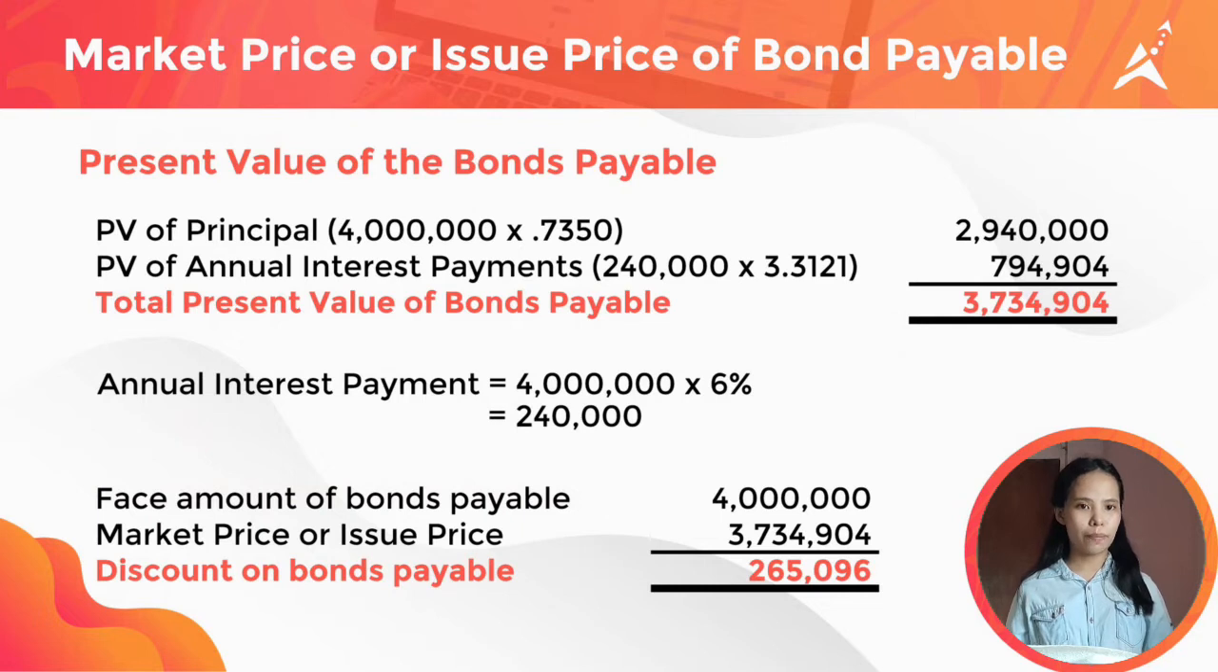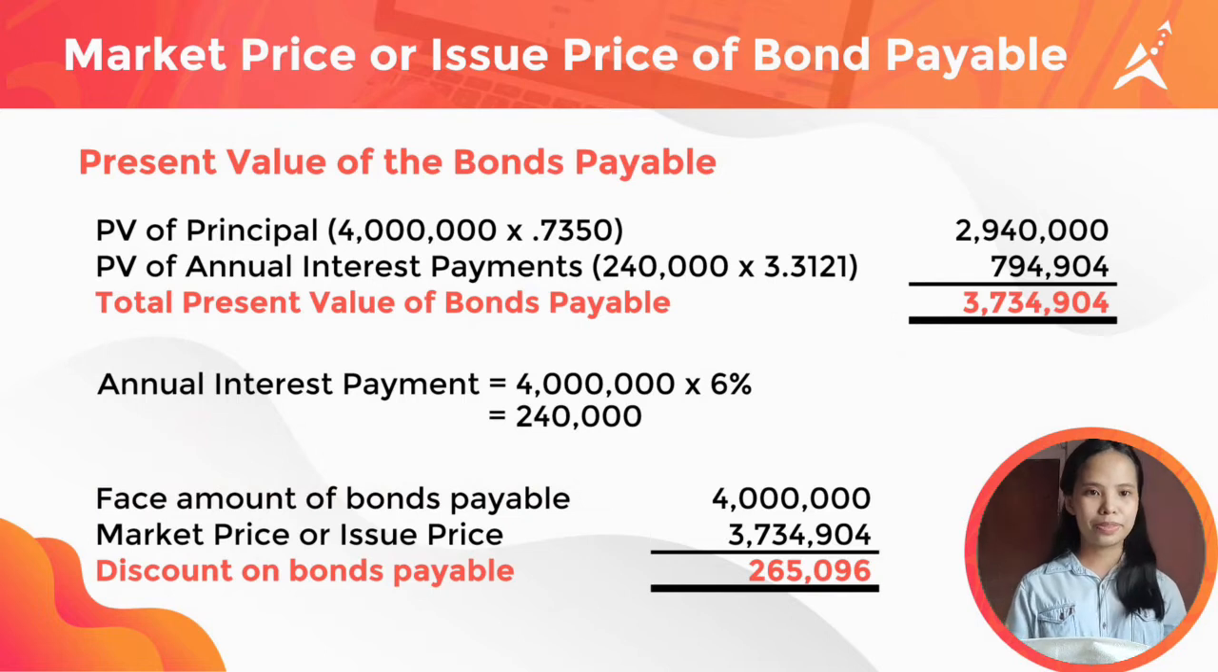Then, let's solve for the present value of annual interest payment, but before that, we need to solve first for the periodic nominal interest. So, a face amount of 4 million times 6%, which is the nominal rate, the periodic nominal interest would be 240,000. Now that we have the value of periodic nominal interest, the next thing to do is to multiply it to the present value of an ordinary annuity of 1 at 8% for 4 periods. So 240,000 times 3.3121 is equal to